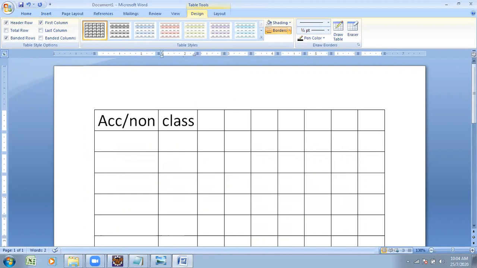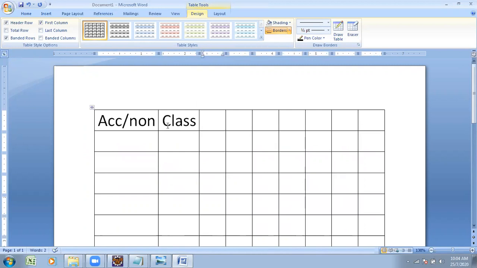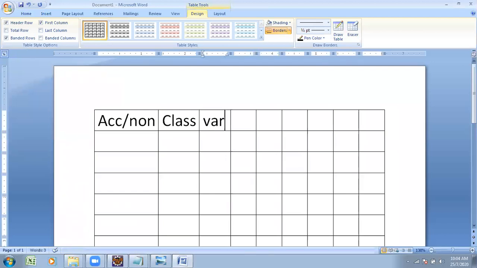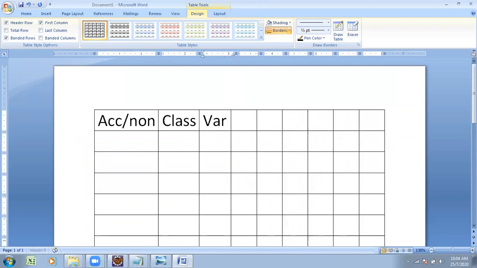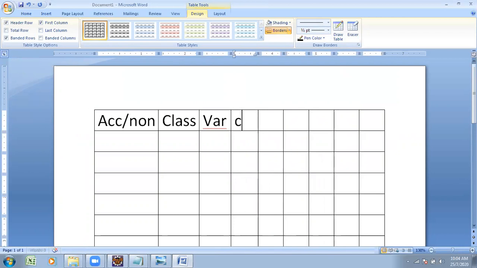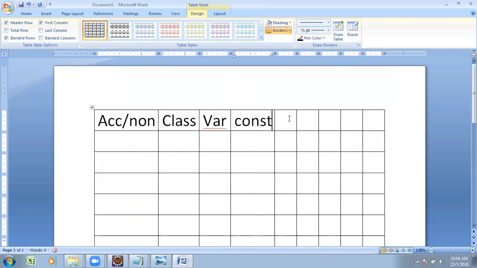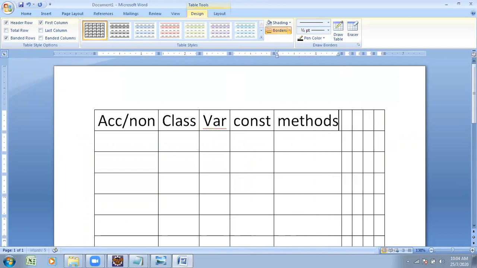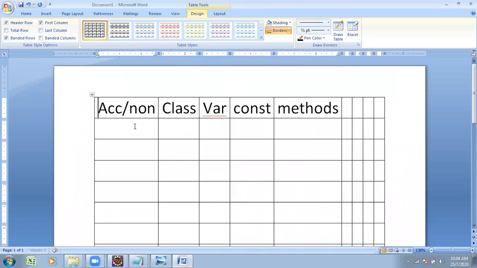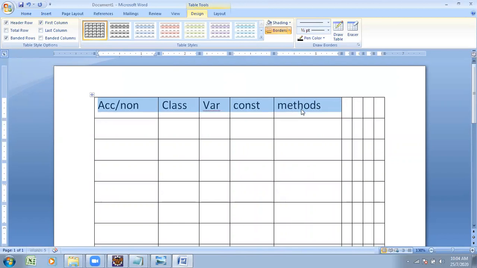Inside the class, before the variables or constants, before the constructors, and before the methods also we use them.